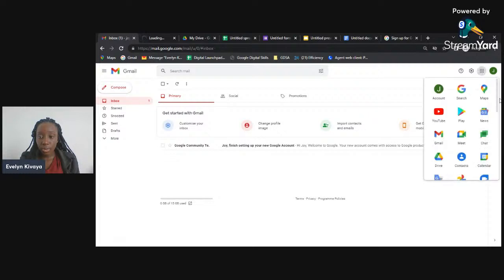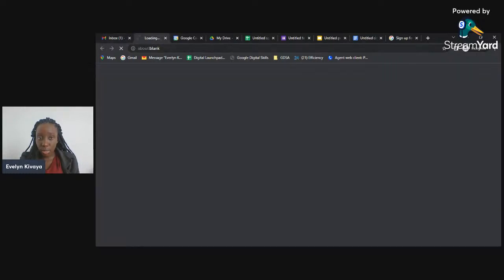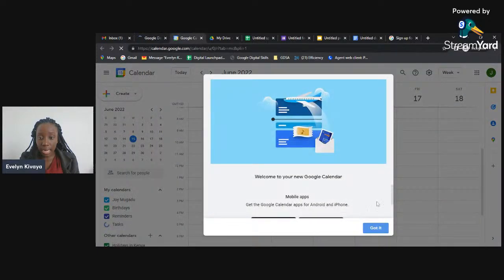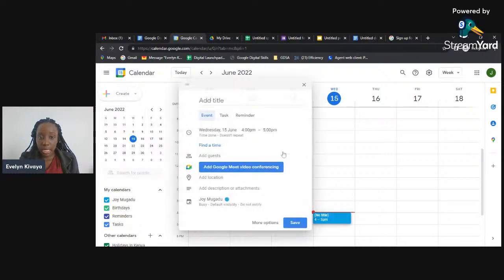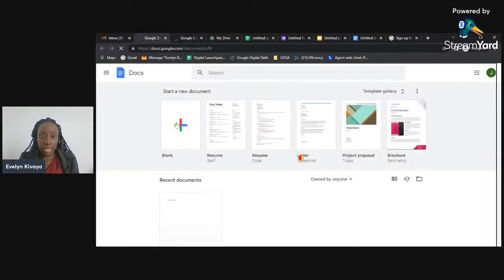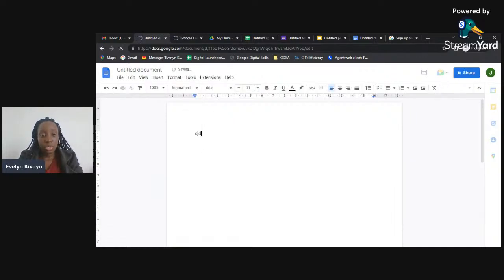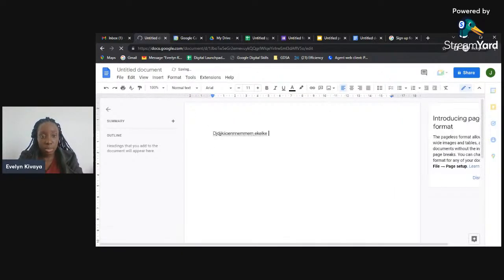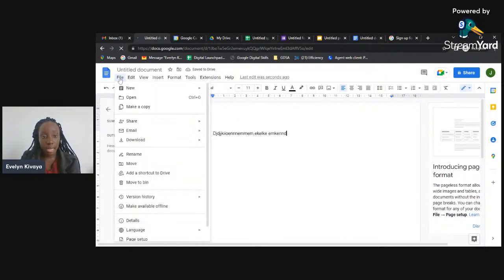And then we've got different tools, the ones that I was showing you as we were beginning. For example, that is Google Docs. So this is Google Calendar. This is where you can create a meeting, fill in every detail, and then send it to the particular people you want to invite for that event. Google Docs is where you can create or work on a document with different things. It can be saved. So what they were saying about history is that you click File.